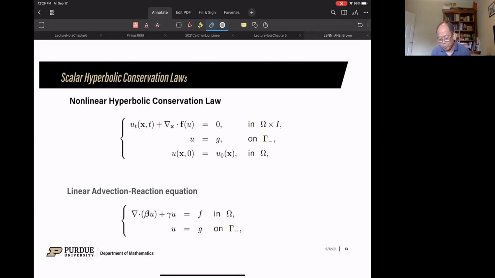Now, of course, the second part of this difficulty is that the differential equation does not well describe the physical phenomena. So before I look at that, let's look at linear problems.